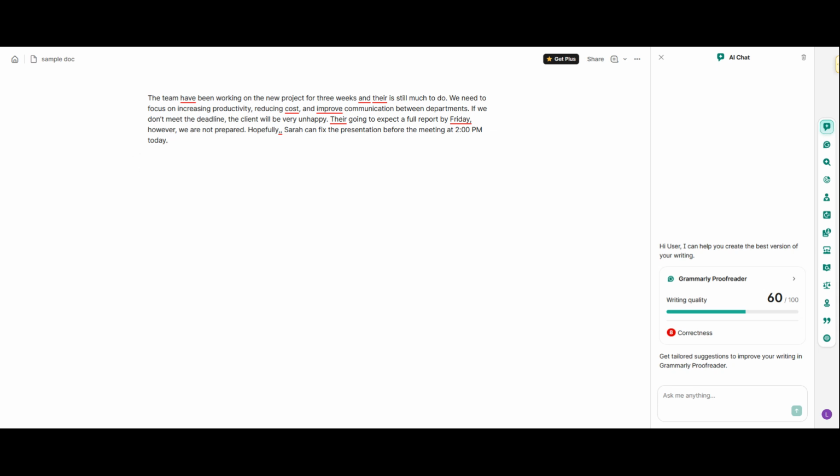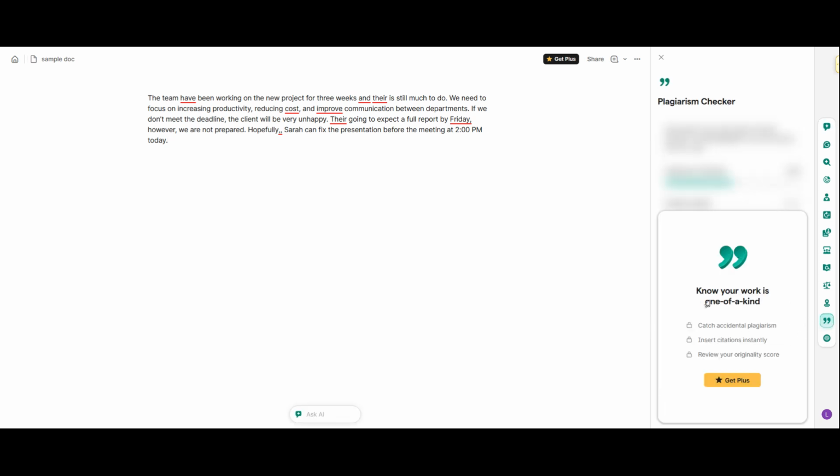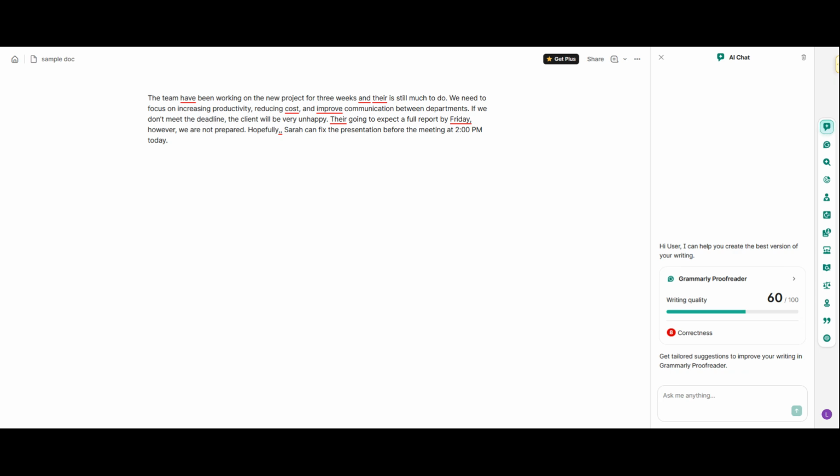To check plagiarism on Grammarly, log in, open or upload your document, go to the bottom right corner of the editor, and click the plagiarism button. Grammarly will scan your content and show you what needs attention so you can make your writing more original and